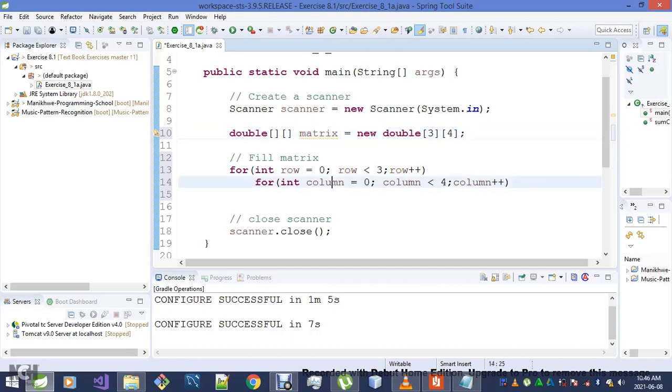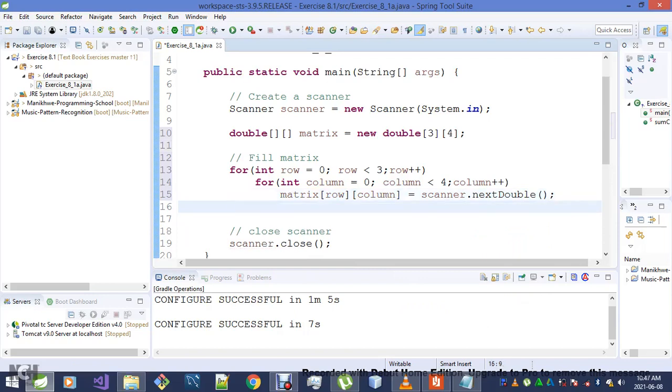Okay, now what I want to do is go matrix add row column. Next double. Okay, now that I've created a matrix,